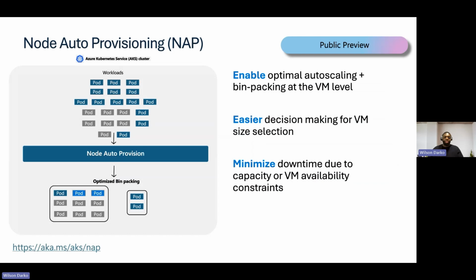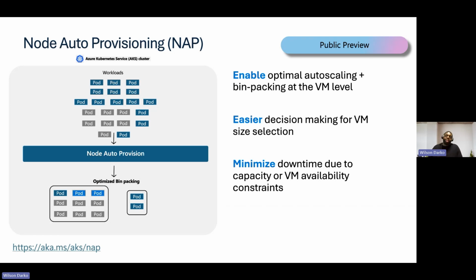So just to reiterate, in terms of how Node Auto Provision and Carpenter works, there's a couple of big capabilities that make it new in terms of its experience. So I mentioned how it schedules pods to standalone VMs, but another thing that it's able to accomplish is something called consolidation. The way consolidation works is that it's able to identify either underutilized or empty nodes, and then from there, pretty much replace or delete your VMs to better bin pack your pods into your system. So this should save you compute cost and just managerial effort as well.